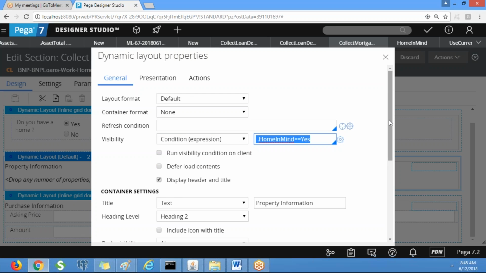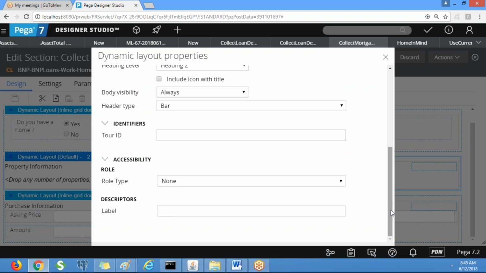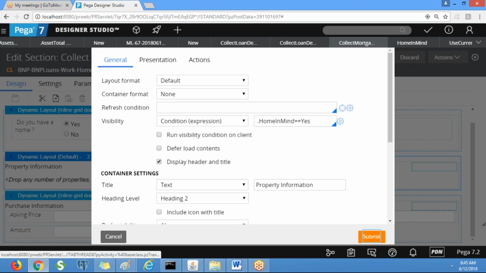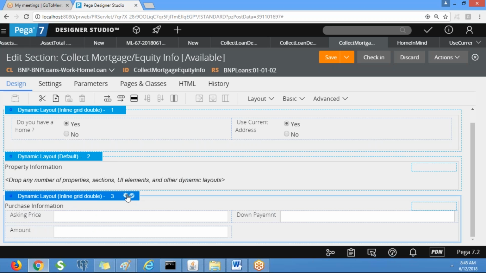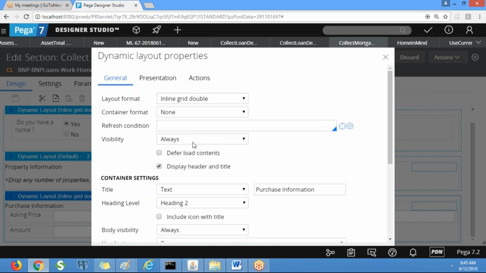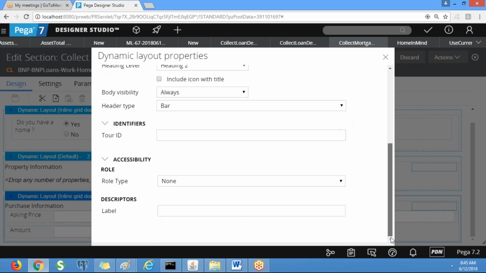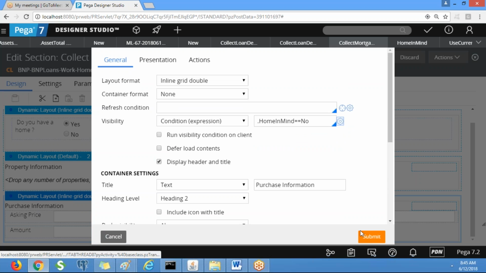Take the same and put here. Here we need to select yes or no. No, right? If it is no, we need to display this purchase information.